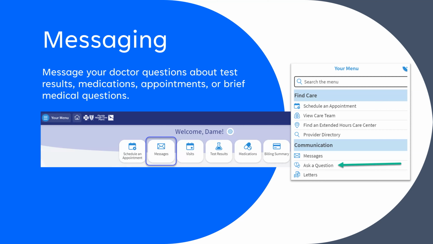And on the right side of the screen here, you see the menu that I pointed out earlier at the beginning of this talk. And as you can see at the top, you have the search the menu, so you could type in whatever you're looking for. I just wanted to call out that there's more than one way to do almost everything in MyChart. So again, if you just click around a little bit, if you ever get lost, you'll eventually find what you're looking for. So in this instance, you could have gone to the menu and also just clicked ask a question. But for the sake of this workflow, we're just going to stay with this messages quick action button right here. So if you click on that, it's going to take you to the message